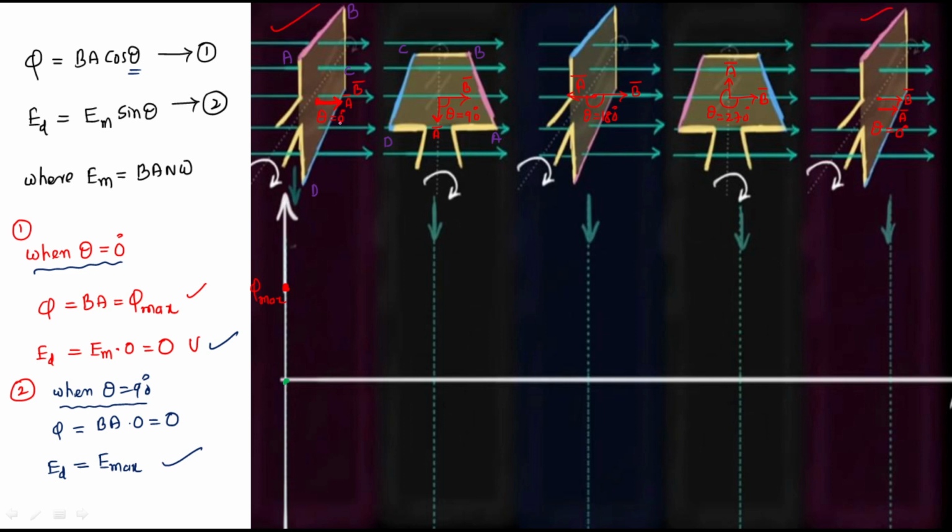Based upon this equation 2, when theta equals 0, we have maximum flux. When theta equals 90 degrees, we have 0 flux. When theta equals 180 degrees, we have minus phi max. When theta equals 270 degrees, it is 0. When theta equals 360 degrees, it is maximum. So if you draw a graph,